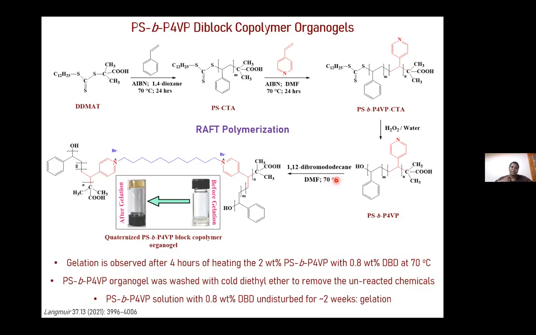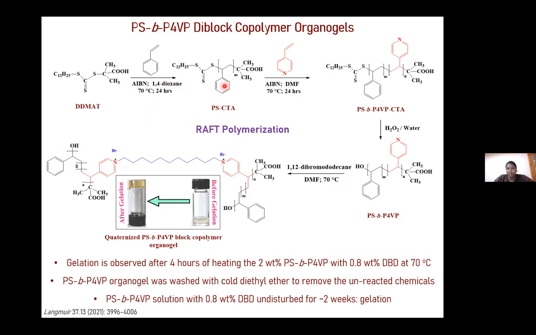And so this is the main topic of my presentation today. It is a block copolymer, which is polystyrene-block-vinylpyridine. It is a diblock, which means only two monomers have been used, polystyrene and vinylpyridine. The polymerization which has been adopted for synthesizing this diblock copolymer is reversible addition-fragmentation chain transfer polymerization, which in short is named the RAFT polymerization technique.